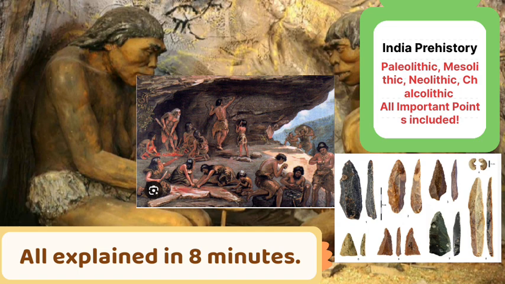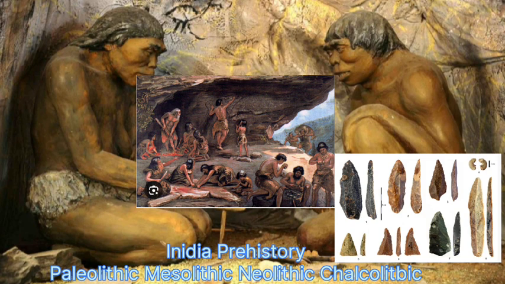1. Lower Paleolithic, up to 100,000 BCE, characterized by core tools like heavy hand axes, cleavers, and choppers, associated with Homo erectus. 2. Middle Paleolithic, 100,000 BCE to 40,000 BCE. Flake tool industry, scrapers, borers, and blades, made using the Levallois technique, associated with archaic Homo sapiens, called the Nevasian industry in India. 3. Upper Paleolithic, 40,000 BCE to 10,000 BCE, marked by the appearance of modern Homo sapiens, characterized